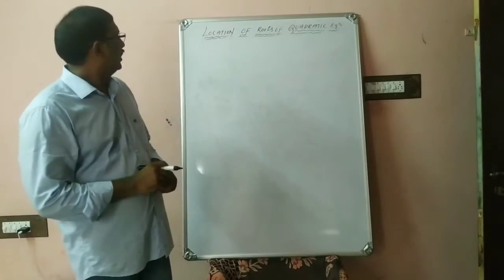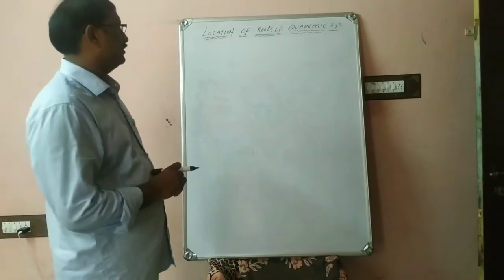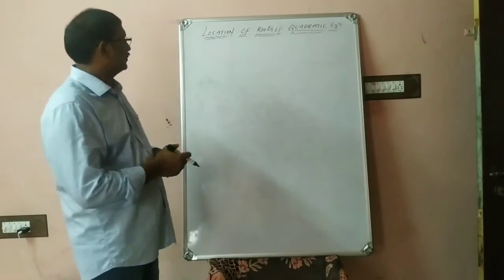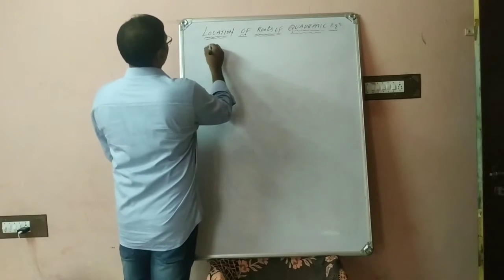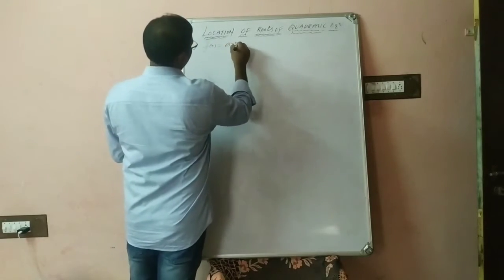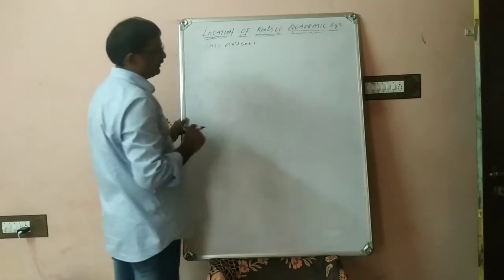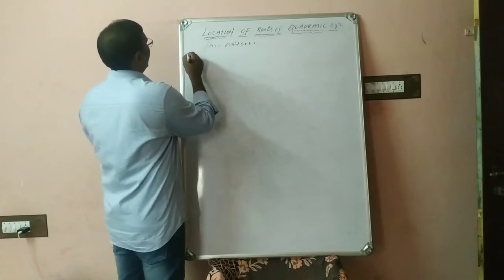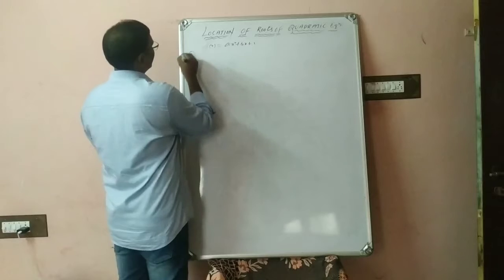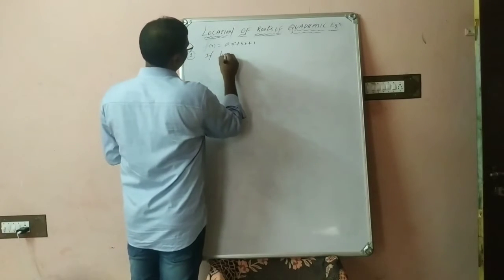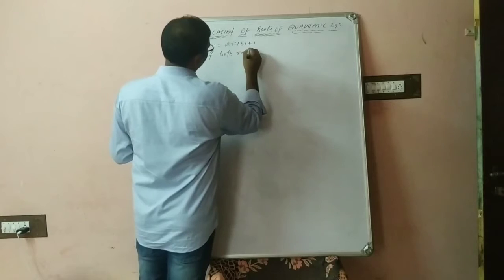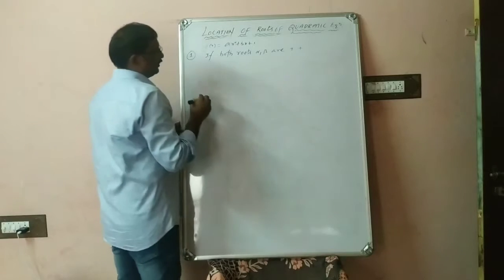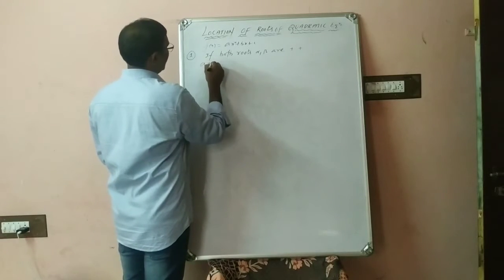Now we will discuss the location of roots of a quadratic equation under given conditions. It is one of the important topics in quadratic equations, so listen carefully. Consider a quadratic expression ax square plus bx plus c as f of x. Now we have to locate the real roots in different conditions. First condition: both the roots, alpha and beta, are positive. Here the condition is a is positive.